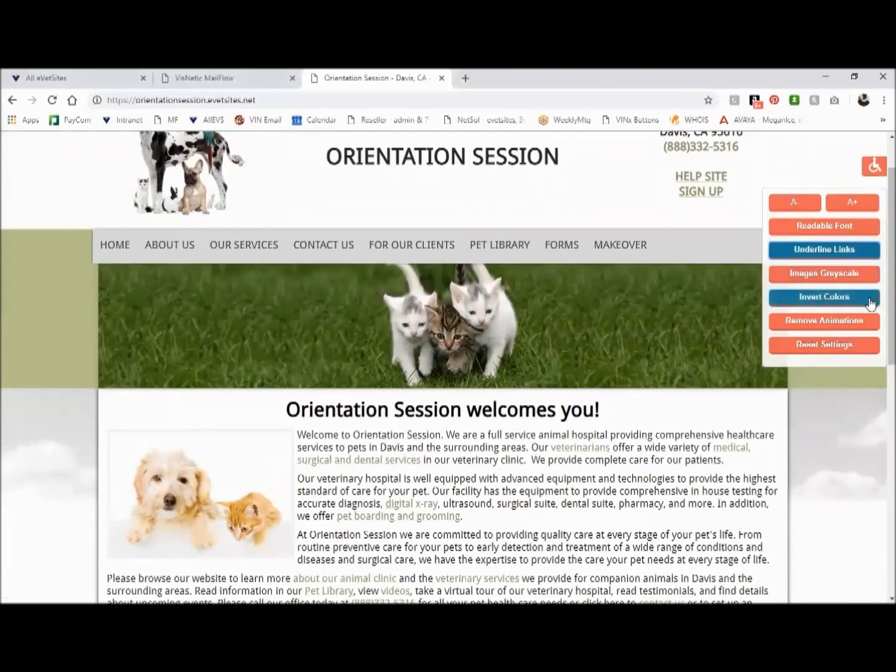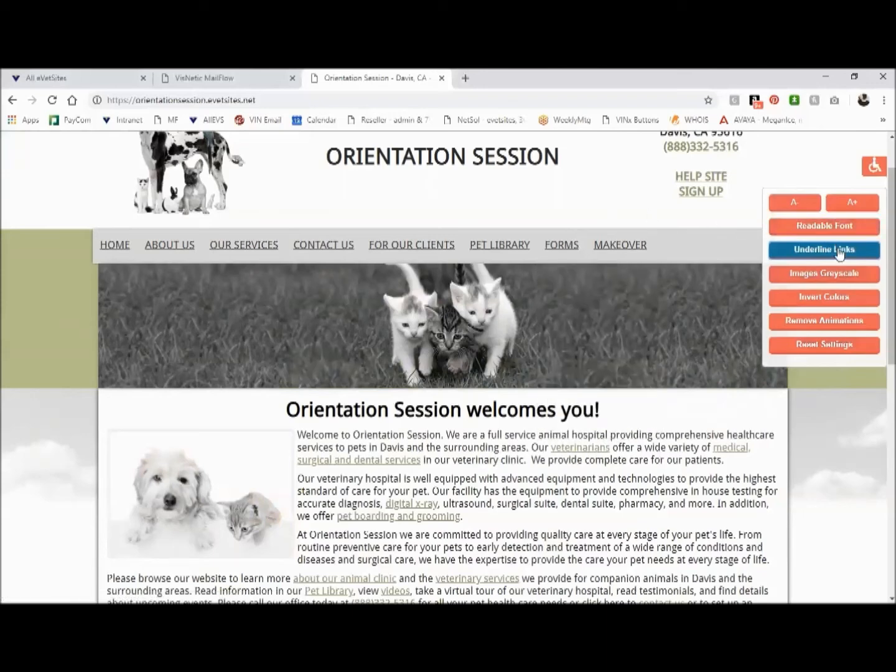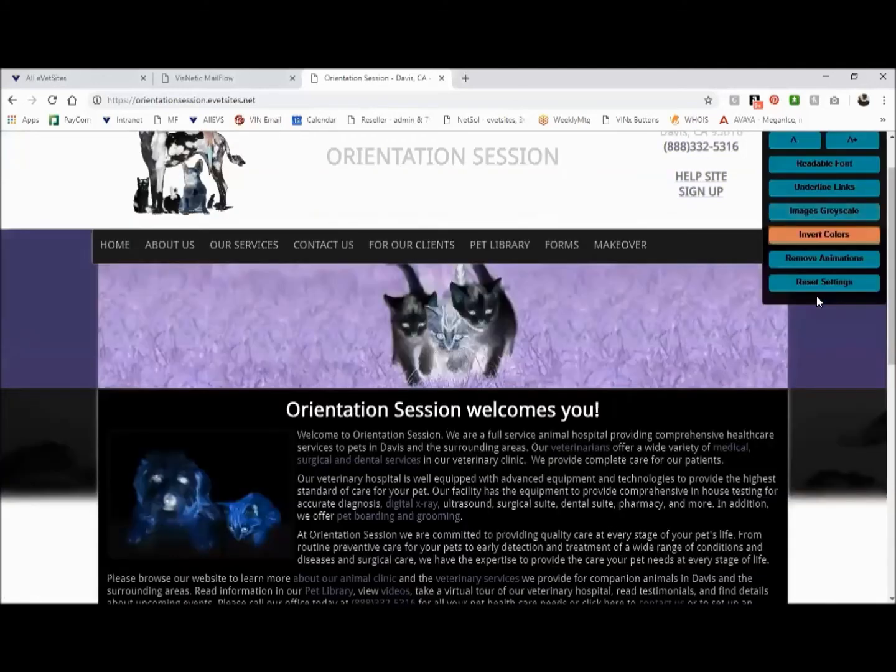The images grayscale is a great feature for basically taking, as it says, all those images and making them grayscale. Again, the ability to layer these on, with the underlines and the grayscale, is just all improving the ability to read. The invert colors is a very strange feature. Haven't quite found a great use for it yet, but as you can see,